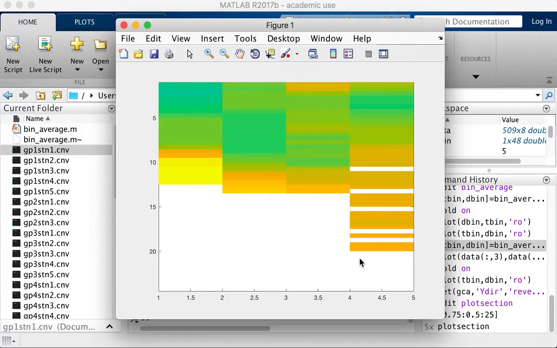There are other shading methods which would do a sort of an interpolation of the data between adjacent profiles. So you can do shading interp, and that would then make use of the data on this profile as well as the data on this profile to then color in the dots. So for what we're trying to do, where we want actually to display all 5 of the depth profiles, what we need to do is to actually replicate or duplicate the final column twice, which enables us to then extend our plot to also include the